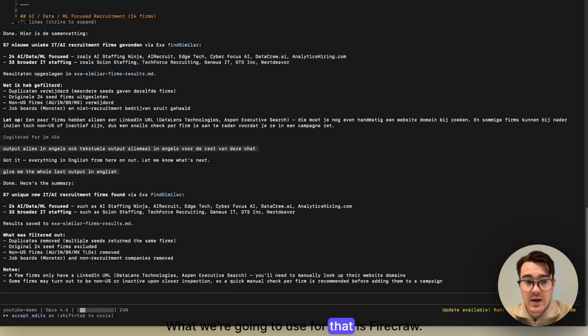What we're going to use for that is Firecrawl. And what Firecrawl can do is it can scrape domains and scrape their entire HTML for an LLM to analyze. So basically what that means is that it can scrape several domain pages, website pages, and analyze that data with an AI model. That is what I want to do right now to understand even better who these companies are and if they are indeed qualified for our